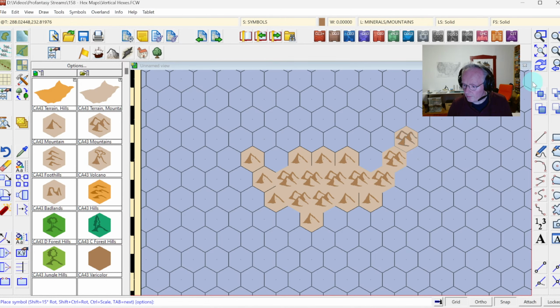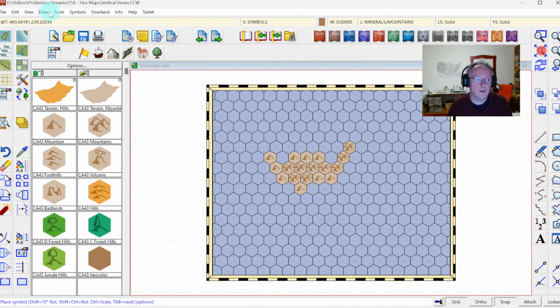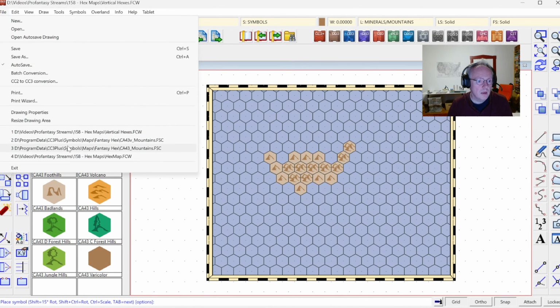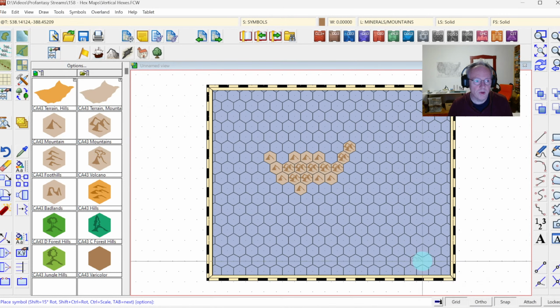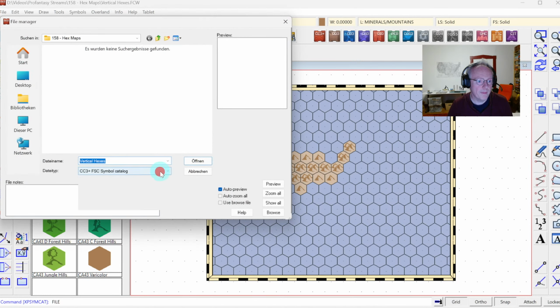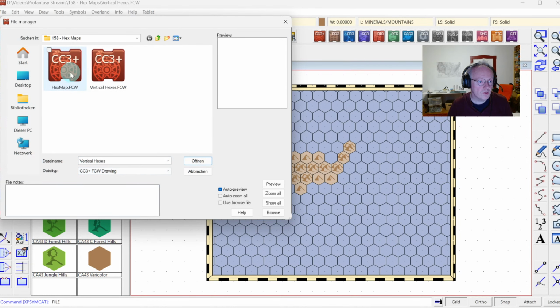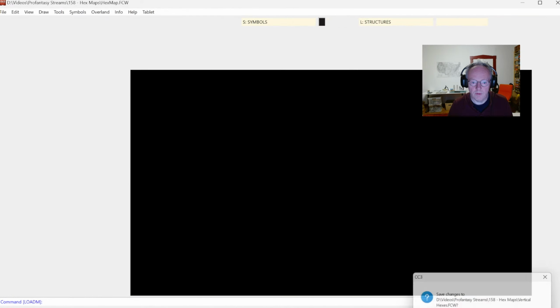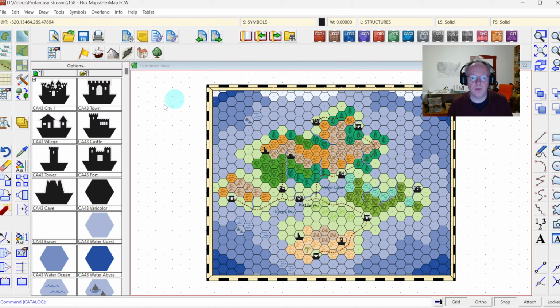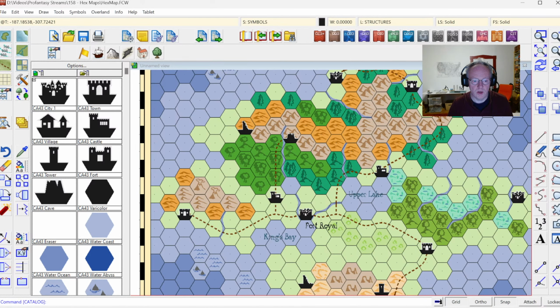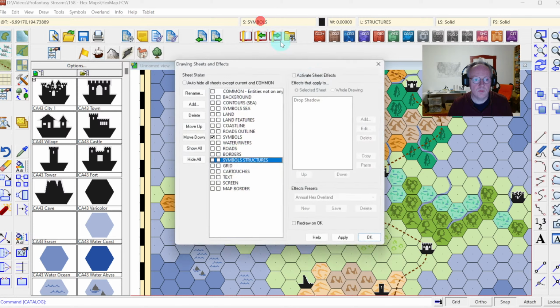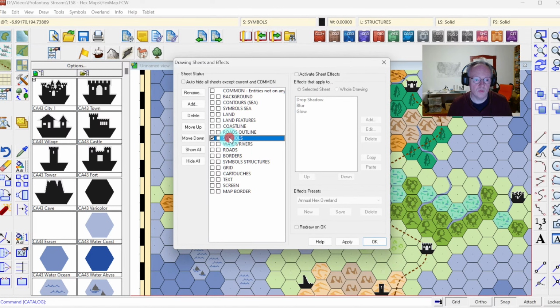And there we go. No, that's not the one to load. I wanted to load my first drawing hex map. Here we go. And there's our map. And we would now go in, and perhaps what we can also do, we can do some adjustments from the